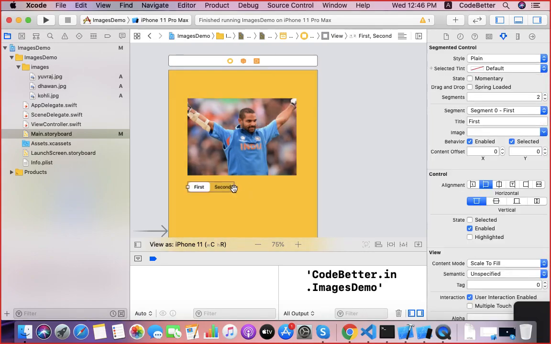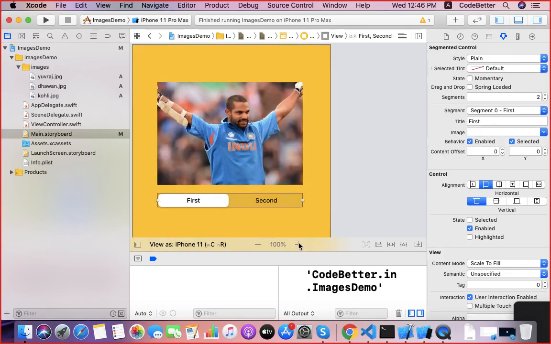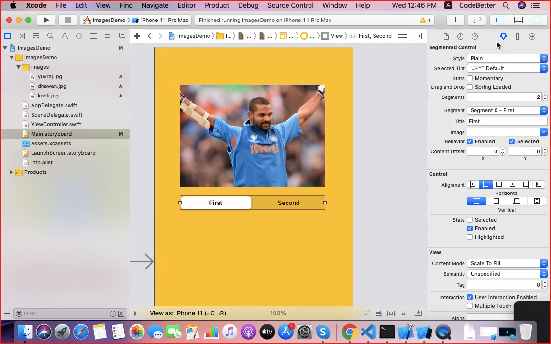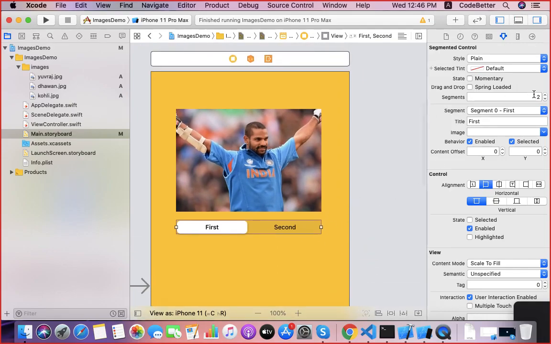Now in the segmented control, we can create 3 segments. Segment 1 for Kohli, segment 2 for Yuvraj, and segment 3 for Dhawan.